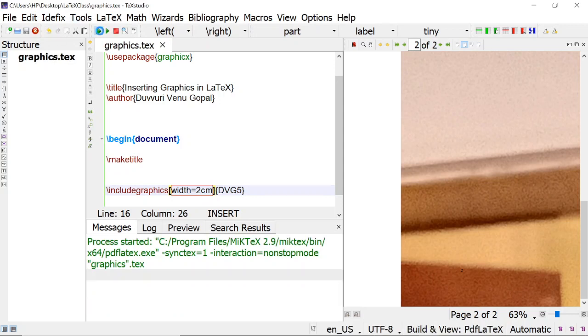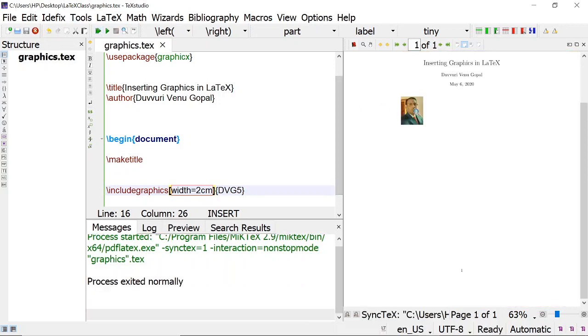Then immediately it will come like this. Or you can say height is equal to 2 centimeters, and it will become like this. Or you can set both height and width. Now I am setting only width, and instead of 2 centimeters I am giving 10 centimeters.